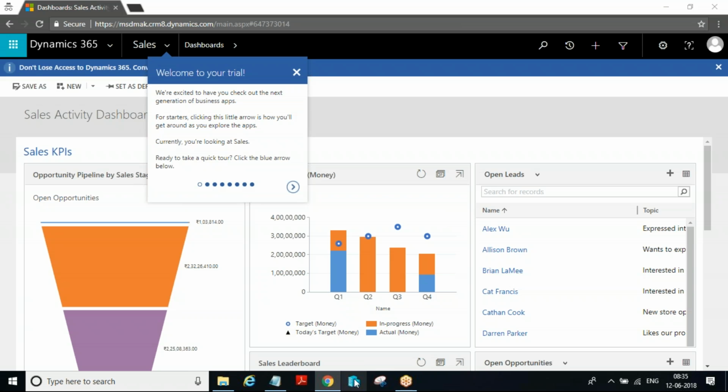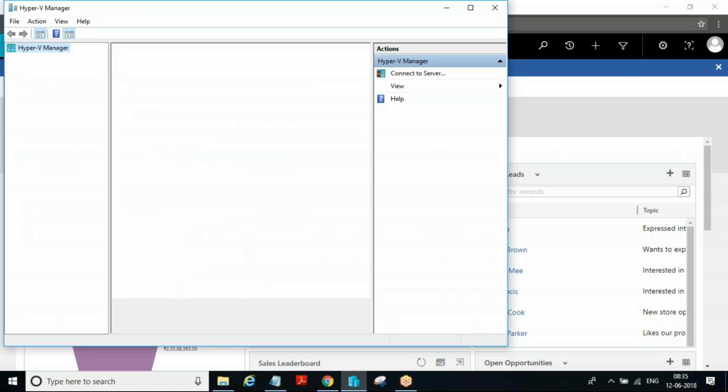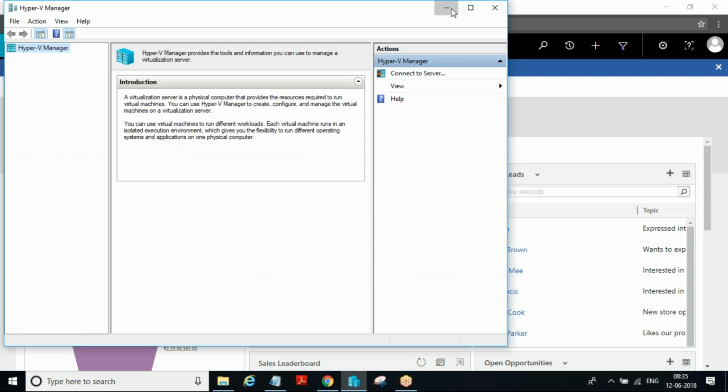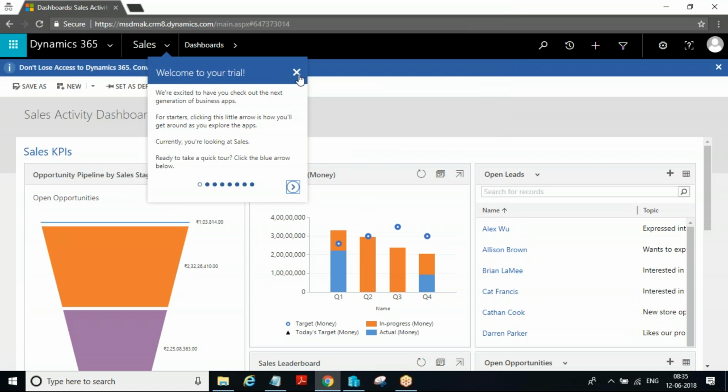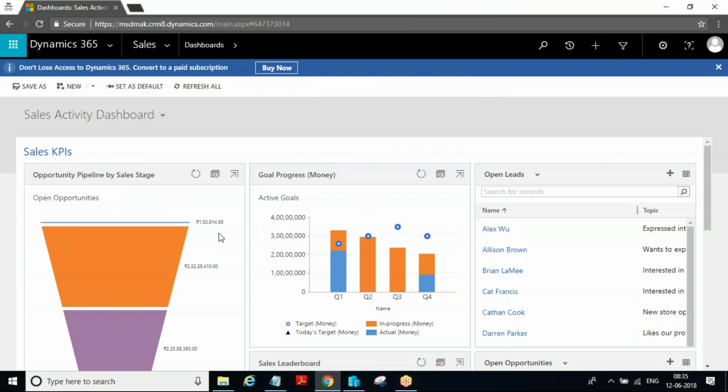Next, based on the customer requirements, how would you suggest the customer to go for which version? We can suggest the customer to go for online, on-premise, or partner hosted.